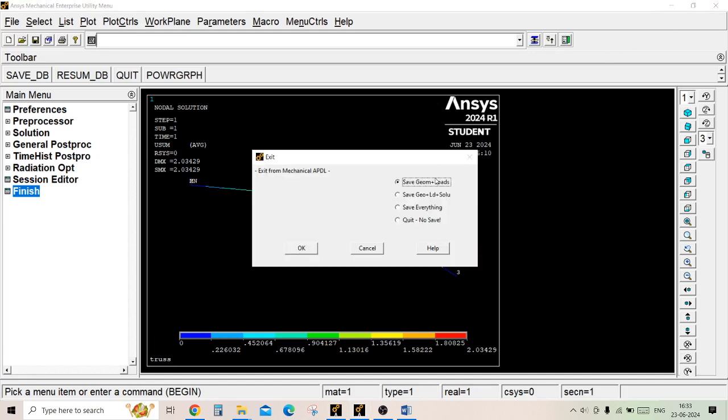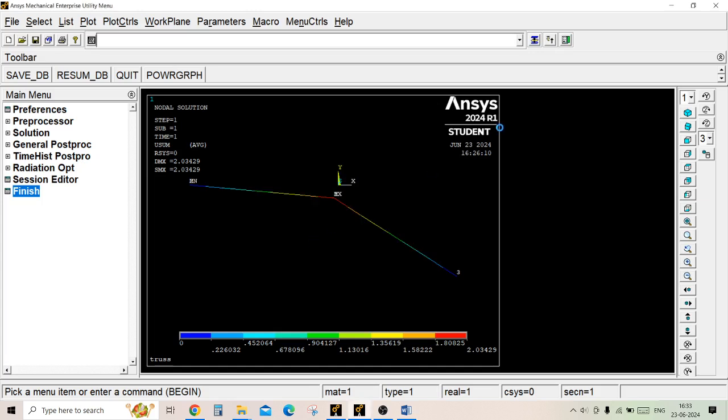It is asking to save geometry and loads, save geometry, loads and solution, save everything I have done, and quit no save. I am going to teach you how to save the document in the next videos. So for this, select quit no save and click on OK. Okay. With this, the 2D truss problem